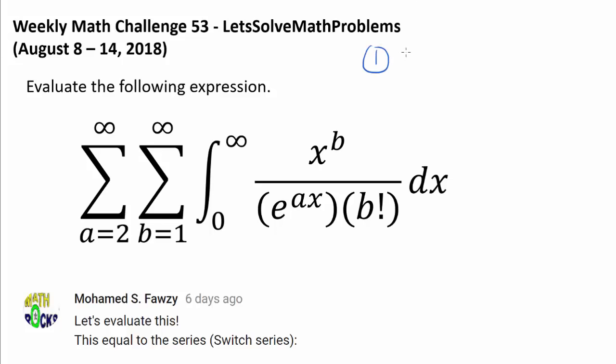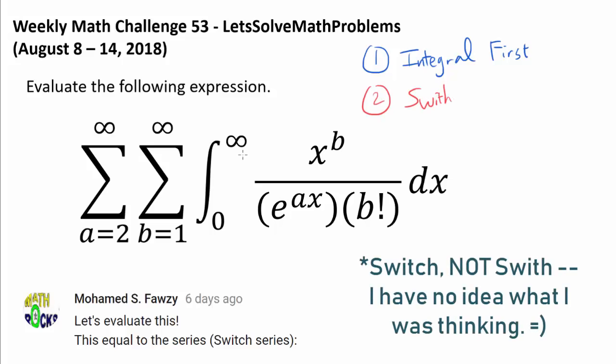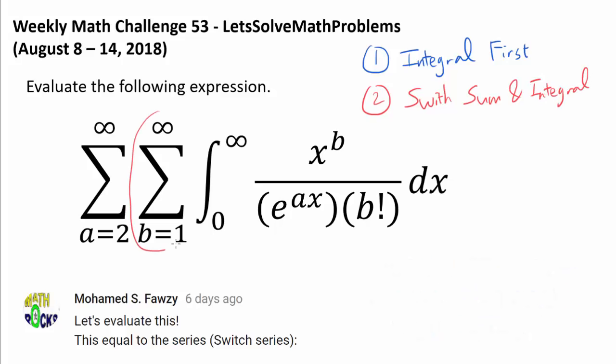The first way is to evaluate the integral first. So integral first, that may be the way you chose to do it, just the way it's stated. Or the second way is to switch the summation and the integral. By switching them, I mean placing the summation inside and putting the integral right outside, so switching their placement. And also, if you're doing it by evaluating the integral first, there are multiple different methods